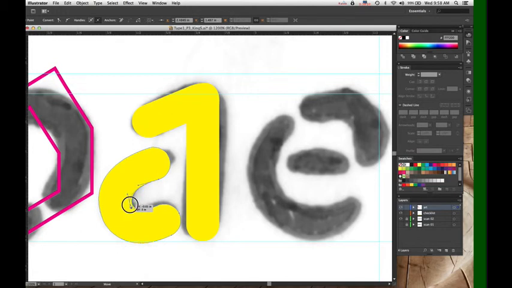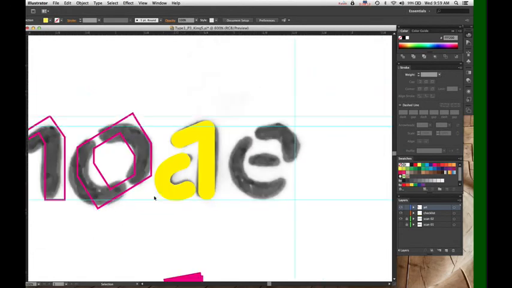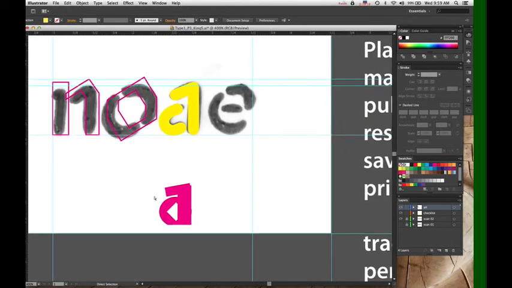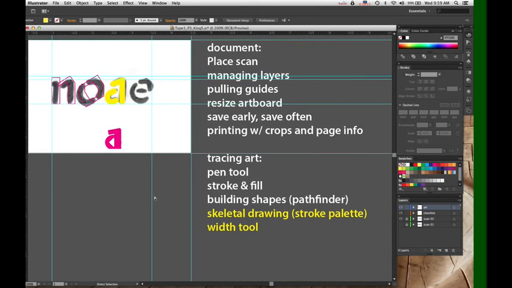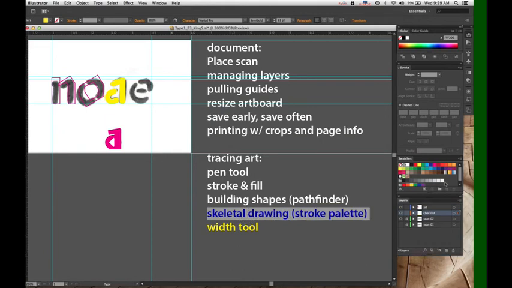If I want some variation of thickness, I can move those things around. All right, so that's working with a skeletal outline and then moving it into an outline if you need to. If you have a very monoline design, you may find that the skeletal drawing is just fine. Alright, so let's check that off the list.